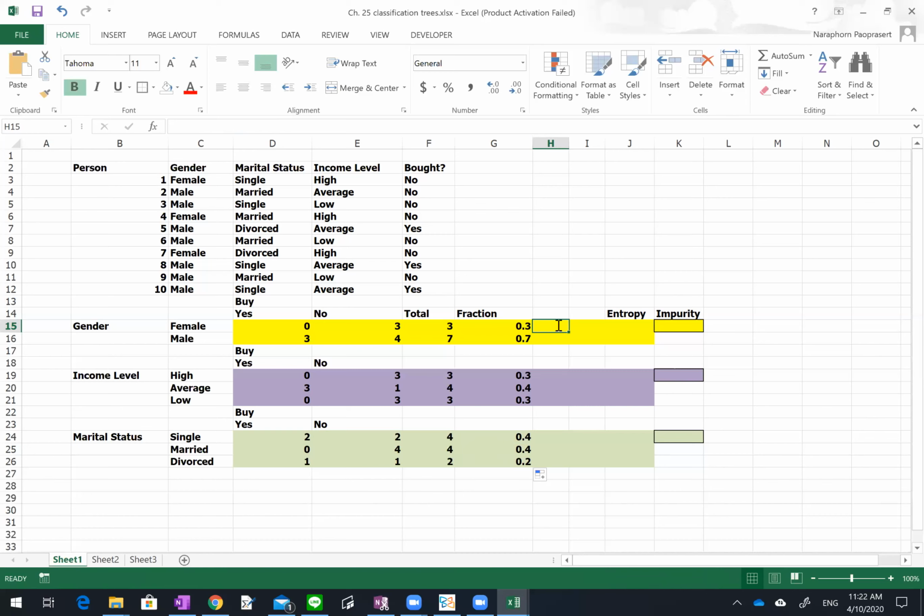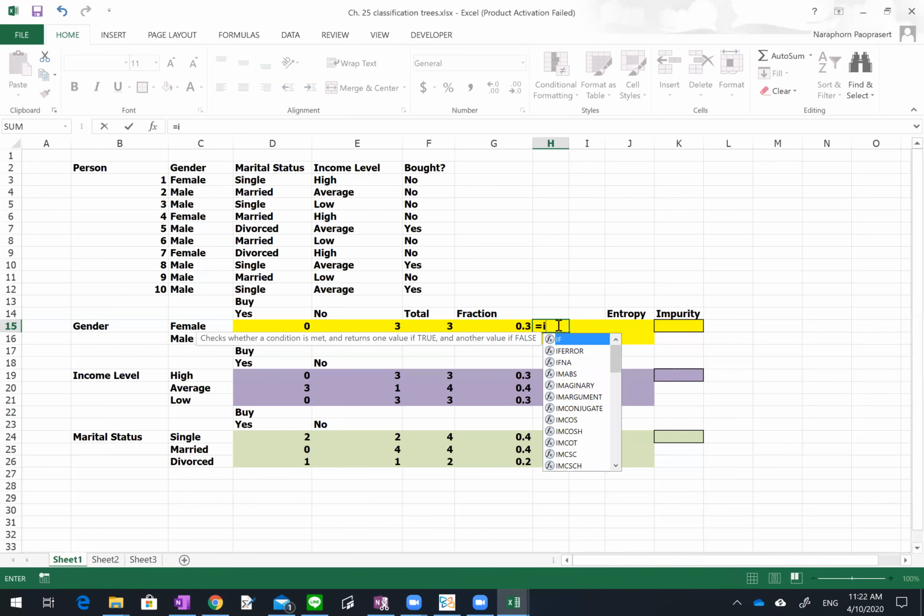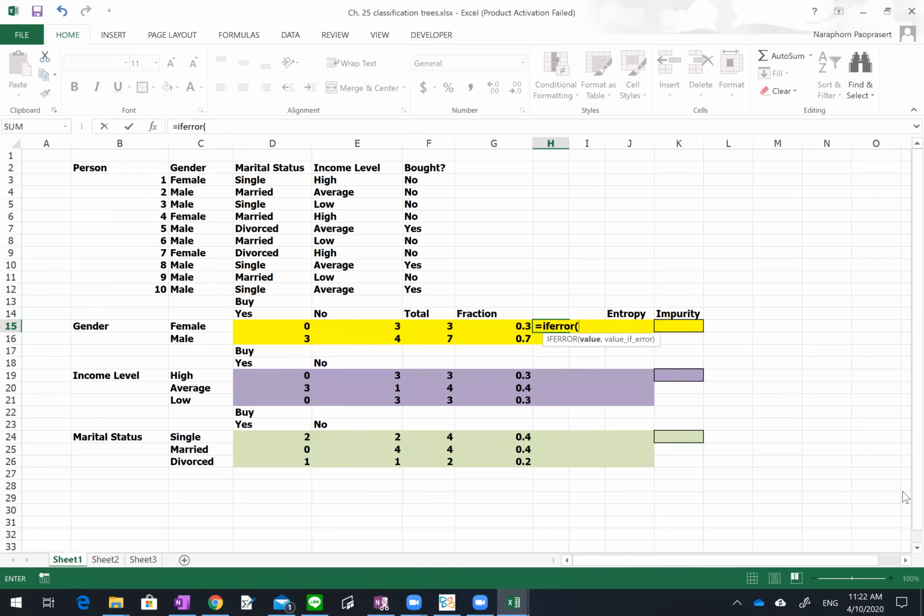So equal, if error, if there's something wrong with the formula, IFERROR, and then D15, divided by the F15, times log of D15